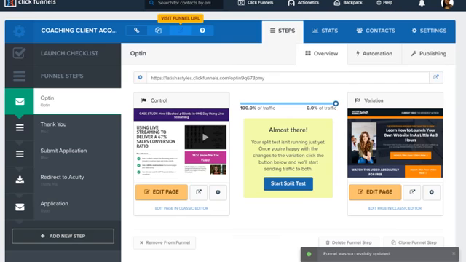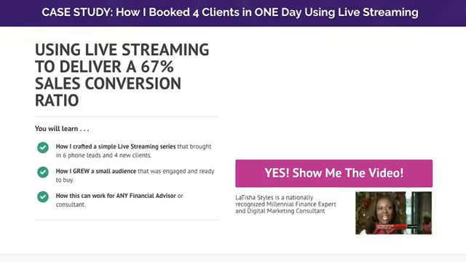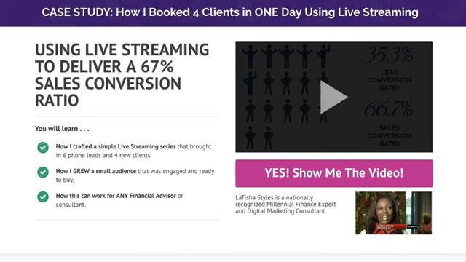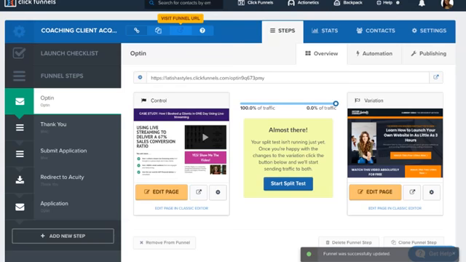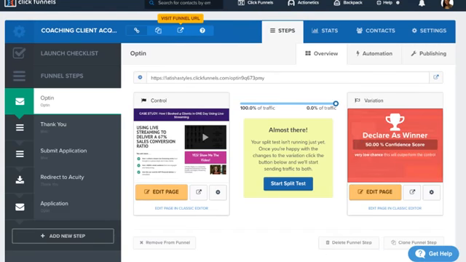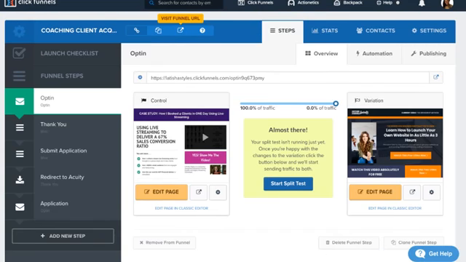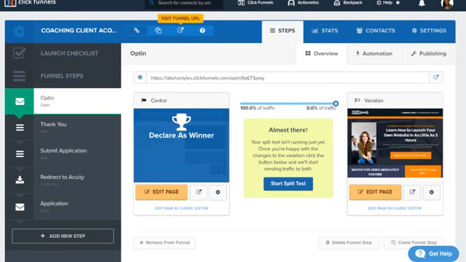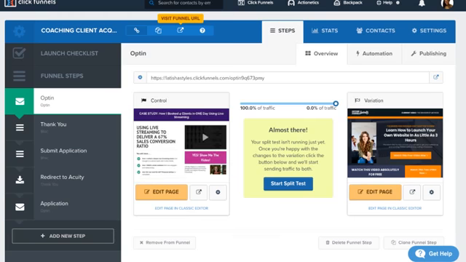Notice when I click this link to visit the funnel URL, all of a sudden it changes. So why does it change? Well, it changes because we have two different options here. Remember that I said that the reason that I like using ClickFunnels is that I can easily create a split test. Well, that's essentially what this is. So ClickFunnels is going to create two different pages, and then it's going to direct traffic to one or the other. And as it directs traffic to each page, as it has a variation, it's going to determine which page